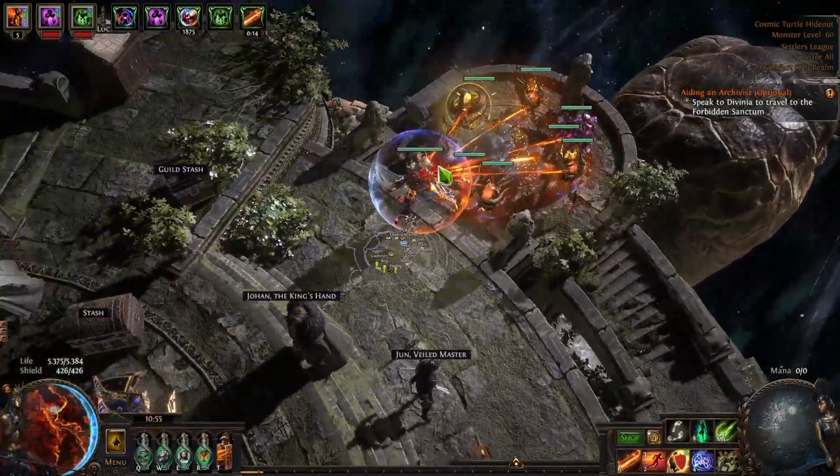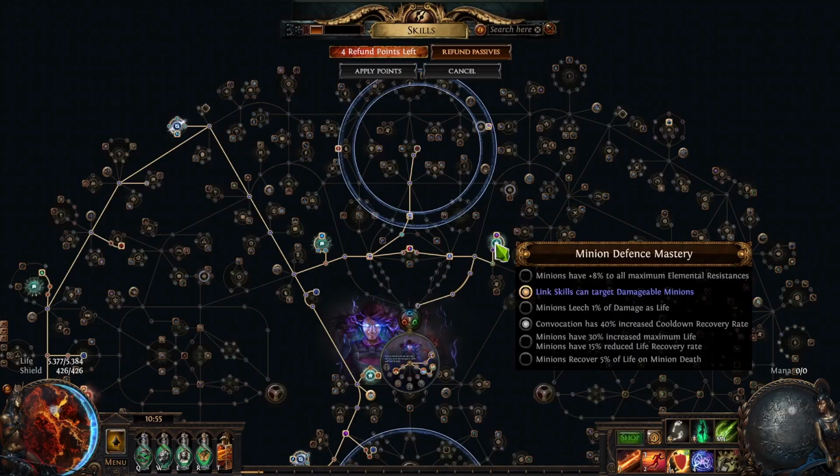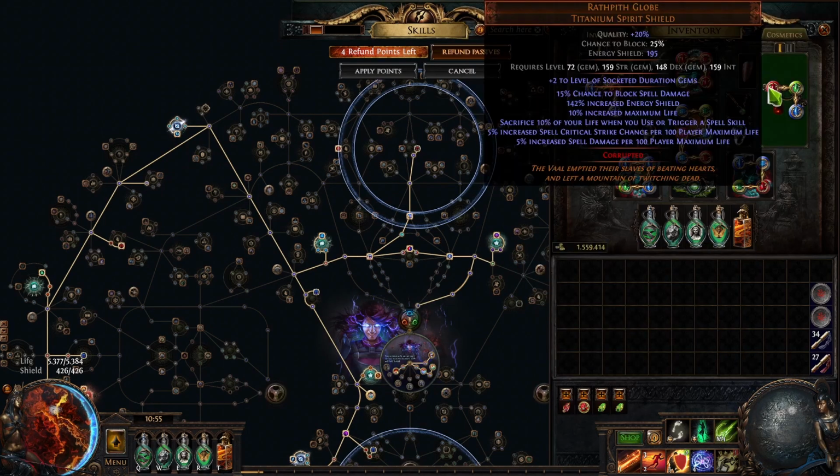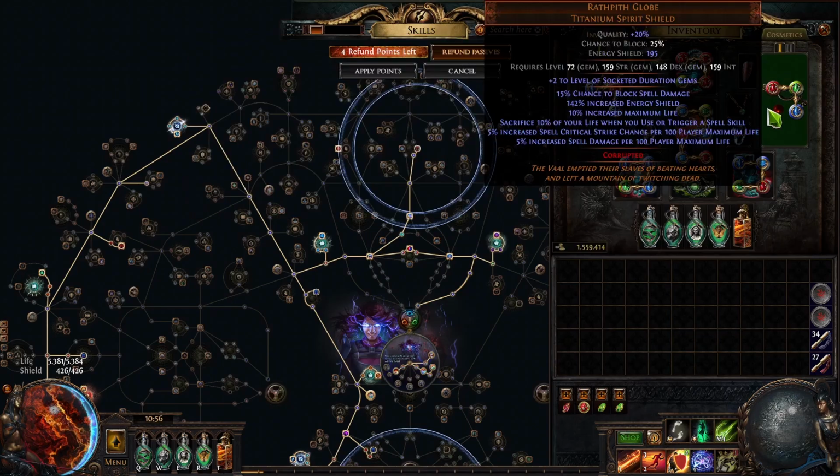This is my Flame Golem build. I'm using this minion defense mastery to be able to link to my golems. I'm using Flame Link, which gives flat added fire damage and flat added fire damage based on your maximum life to your golems. I'm also using Wrath with Globe, which grants the golems increased spell critical strike chance and increased